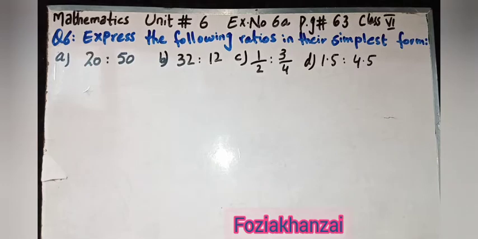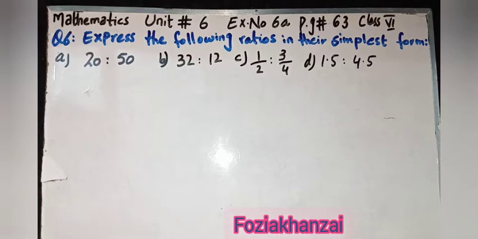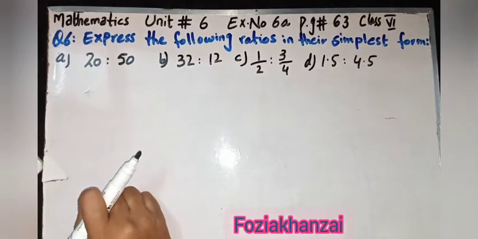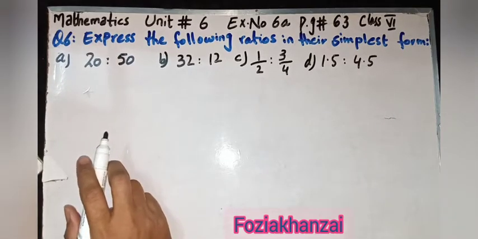Number 63. Okay, girls, already I explained the definition of ratio, and 3 examples we did: example 1, example 2 and example number 3. All parts we did, part A till E. Now today we will start exercise 6a. First we will start question number 6. Question number 6 and example number 3 both are same. That's why we will solve first question number